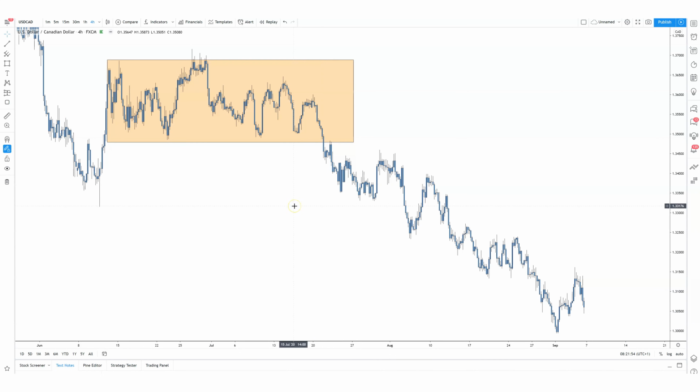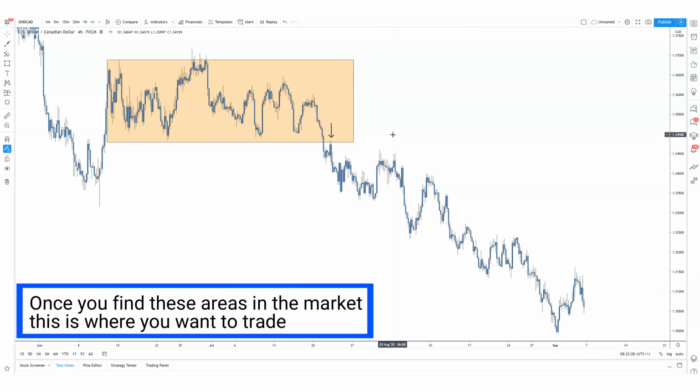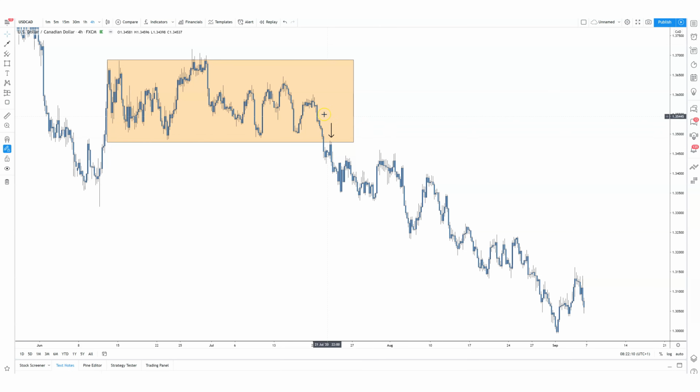Now, it depends on your strategy and how you decide to trade this. You can look for engulfing candles, indecision candles, potential pin bars. You can use limit orders, stop orders, or instant executions. Once you find these areas in the market, this is where you want to trade, because there's a strong behavioral